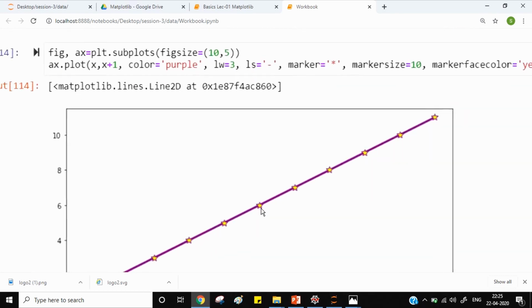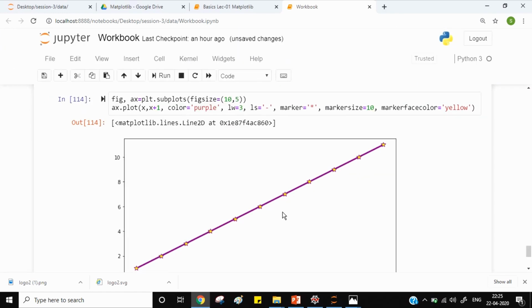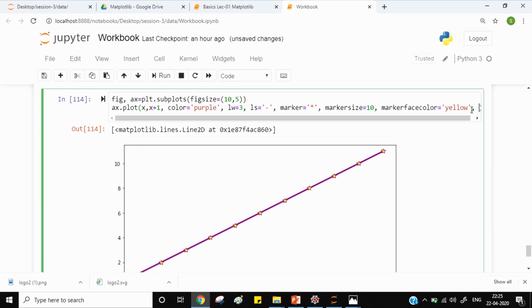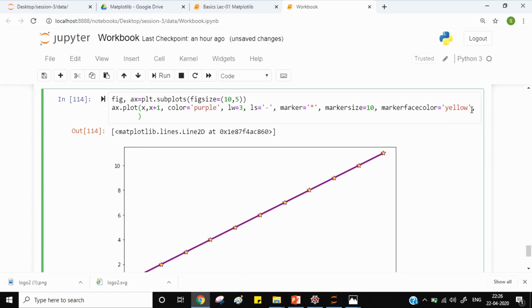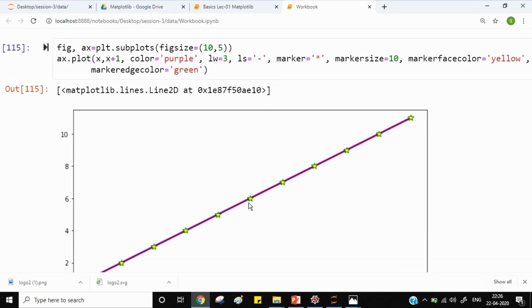But still you can see that these markers are filled with yellow color, but the boundary is still purple, the color of the line. If you want to change the boundary color of the marker, then use marker edge color and specify the color which you want. Say I want green. See, the boundary of these markers has changed to green in color.